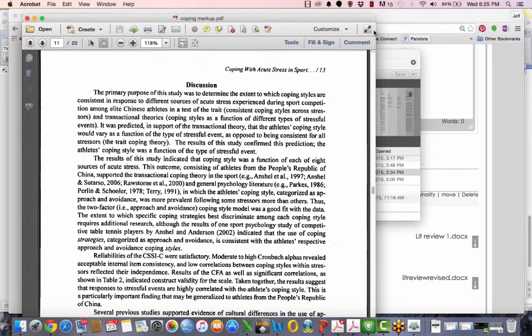First, like this one's in the second one. Okay. It also, if you look at this right here, it also gives a little bit right here, like the results of the study confirmed this prediction. The athlete's coping style was a function of the type of stressful event, and it went on the next one. So you just got to find one or two results, and then your last portion is try to find what the authors actually concluded. So now you've kind of beaten this whole article up, but it's really just 3 small